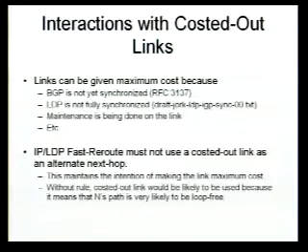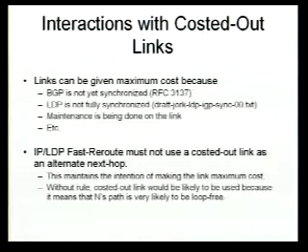Another piece is how do loop-free alternates interact with costed-out links? So if you cost out a link in order to do some maintenance, or because BGP isn't synchronized yet, you don't want to be using that link as your alternate next hop, because if BGP is not synchronized and you head over to that router, some of the BGP traffic going across there is not going to have a path. Similarly with LDP, if you go across a link where you don't have your LDP session up and your label bindings established, then you won't be able to send LDP traffic across that alternate.